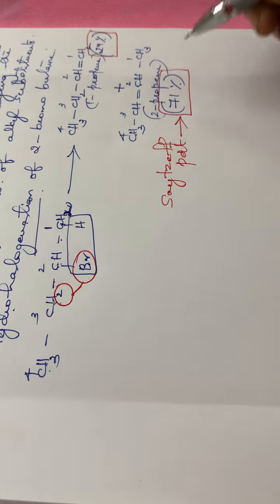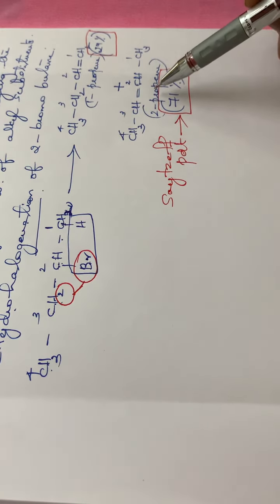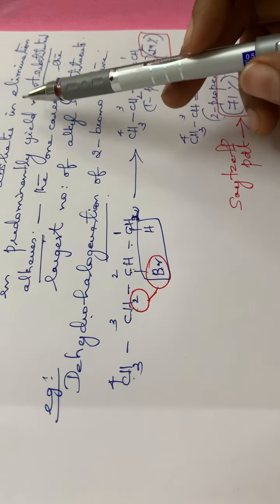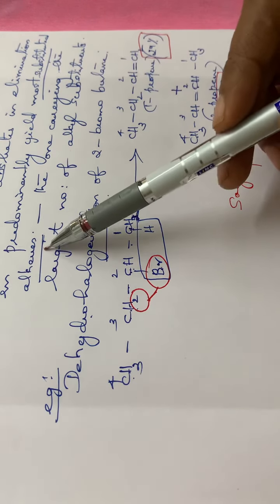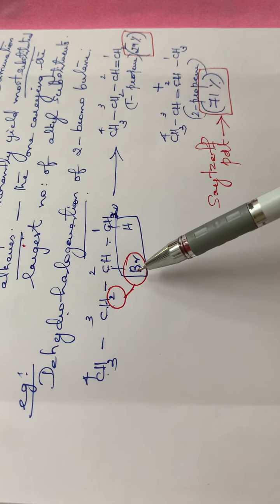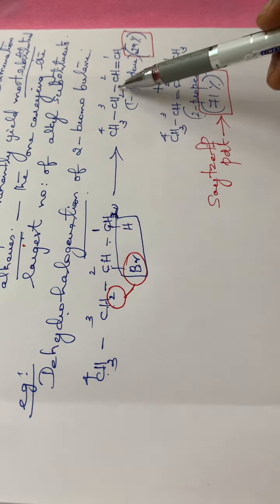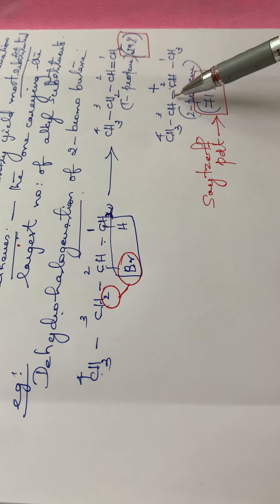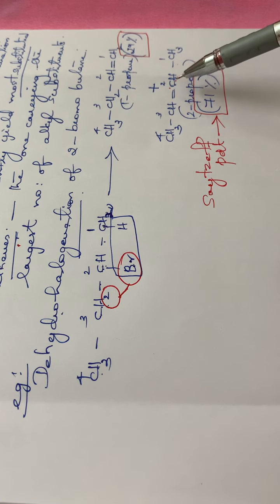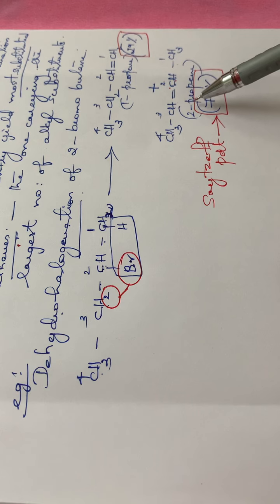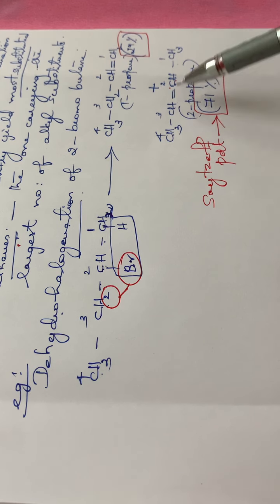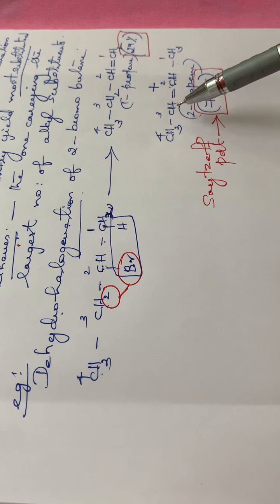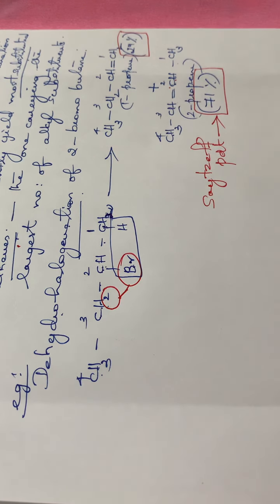Zaitsev product, that is the major product while we are doing this reaction, will be 2-propene. Okay, so this is Zaitsev's rule, that is, neutral substrates will yield the most substituted alkene. So while you are given a particular compound, you have to write the 2 products and then go through the 2 products, and see which one has the largest number of alkyl substituents. Okay, so here this compound 2-propene will have the largest number of alkyl substituents. So this is Zaitsev's rule.